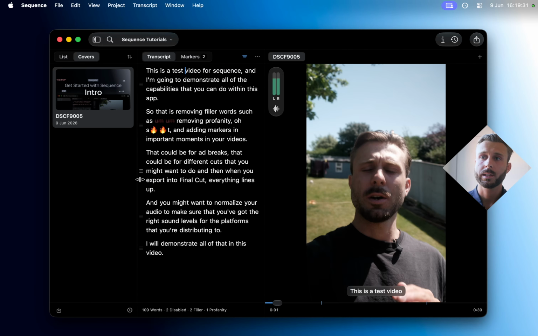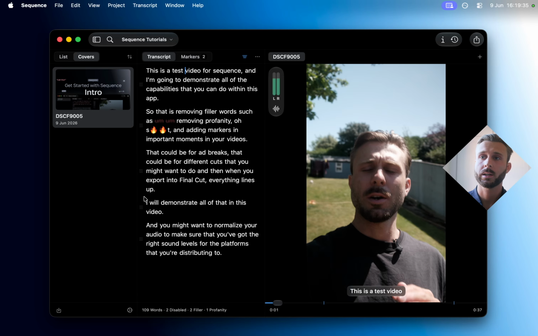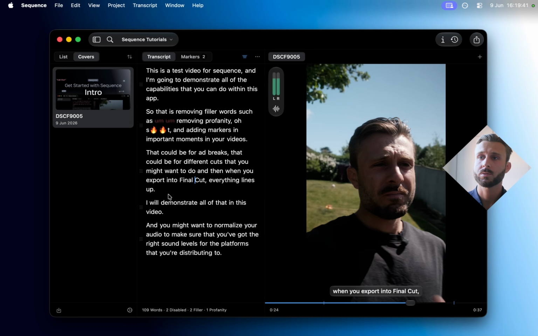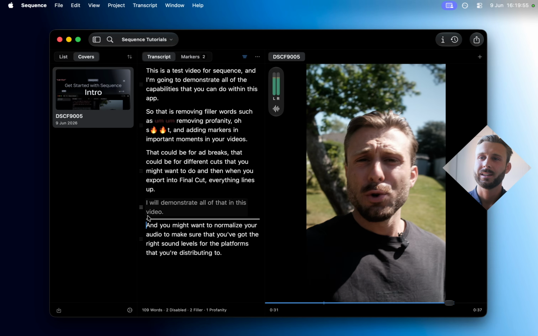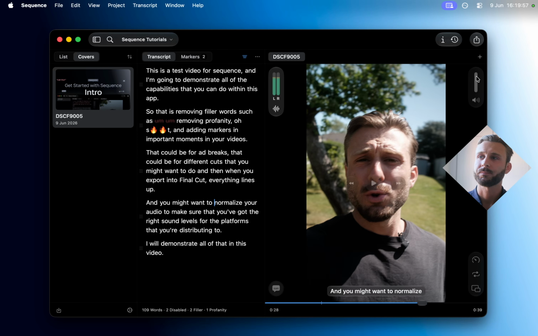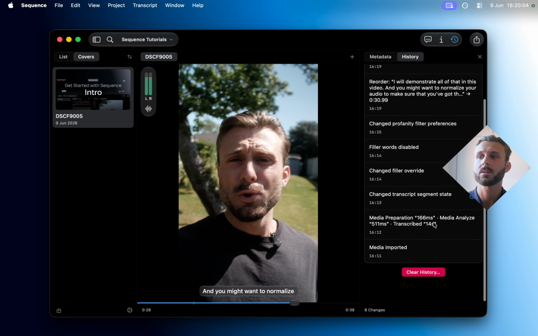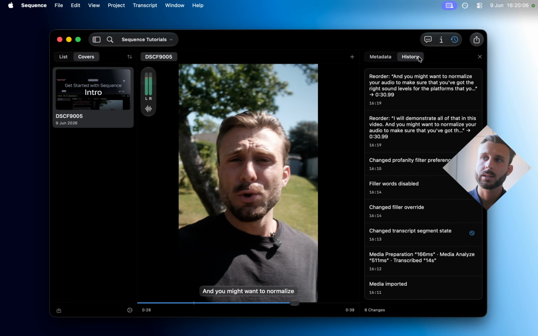Another cool thing is being able to rearrange sentences. So I can drag and move that point up here. And then let's jump to this point in the video, and you'll see that this has then been rearranged. And then I can then move it back. And another thing to point out is all of the changes that you've done do populate in this history pane,